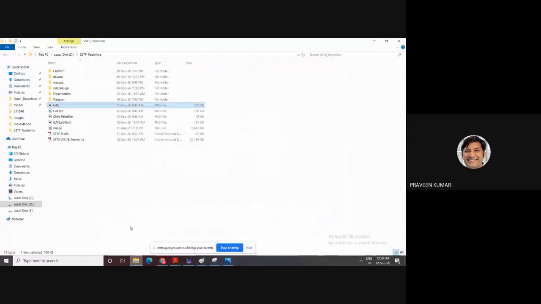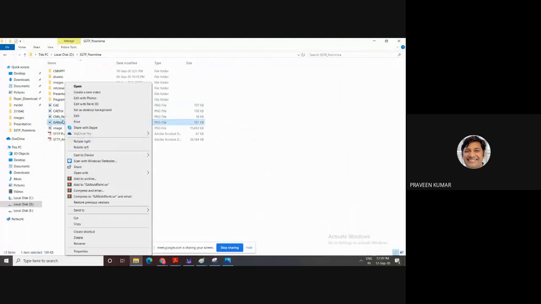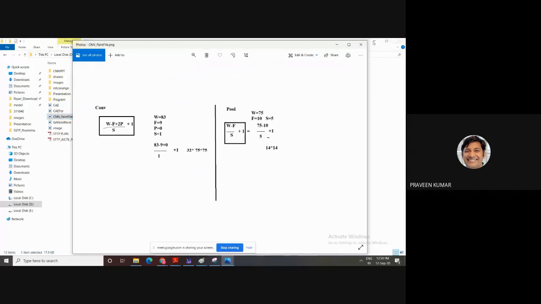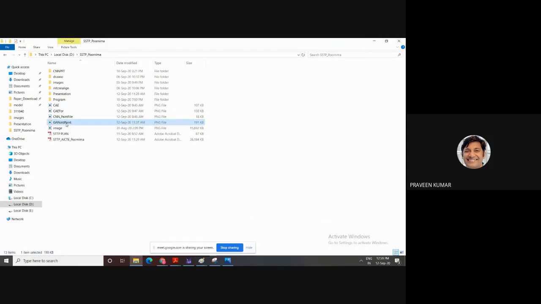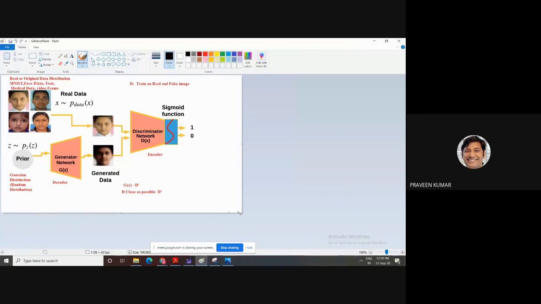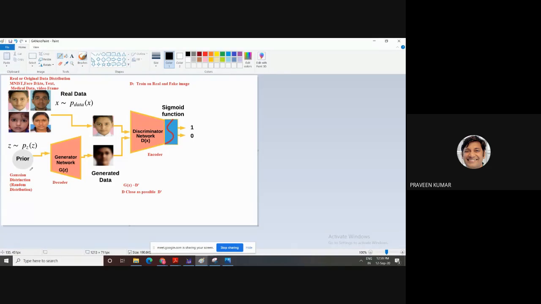I'm again showing this with the help of one diagram. This one is Gaussian distribution. This one is random noise, you can generate it. Generally the size of this noise is 100.